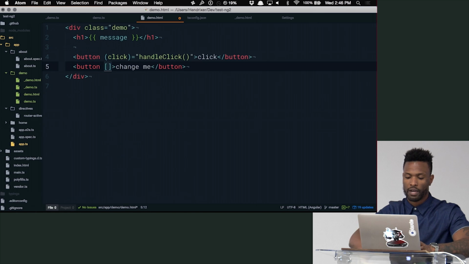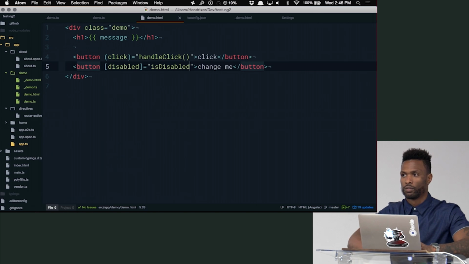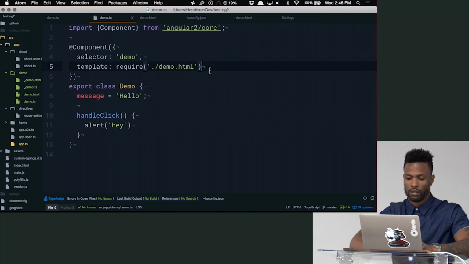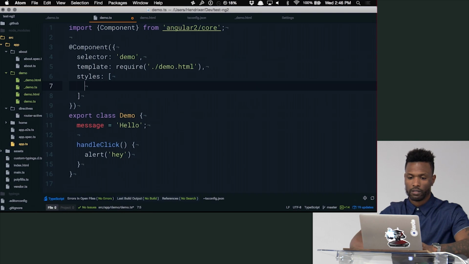Now let's set up property binding. So now what we can do is bind to the disabled property, and we want this button to be disabled when isDisabled is true. Right? So now we'll come in here and add some basic styles. I don't think we talked about styles yet, but maybe we touched on it a little bit, but Angular allows us to do this,